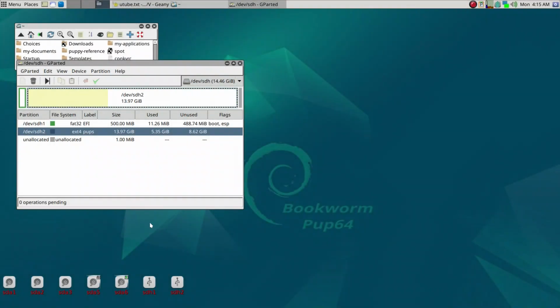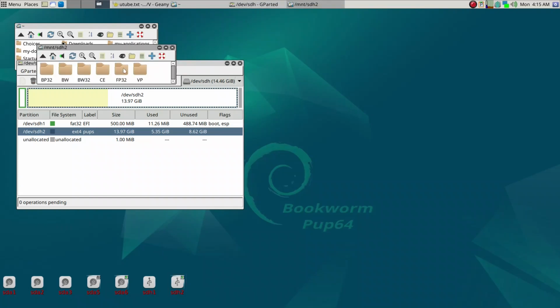And if you look at the PuppyLinux partition, I'm running right now bookworm 64, but I do have a Bionic Pup 32, bookworm Pup 32, F96CE4, vanilla dpup 64, and focal pup 32. So I'm running multiple